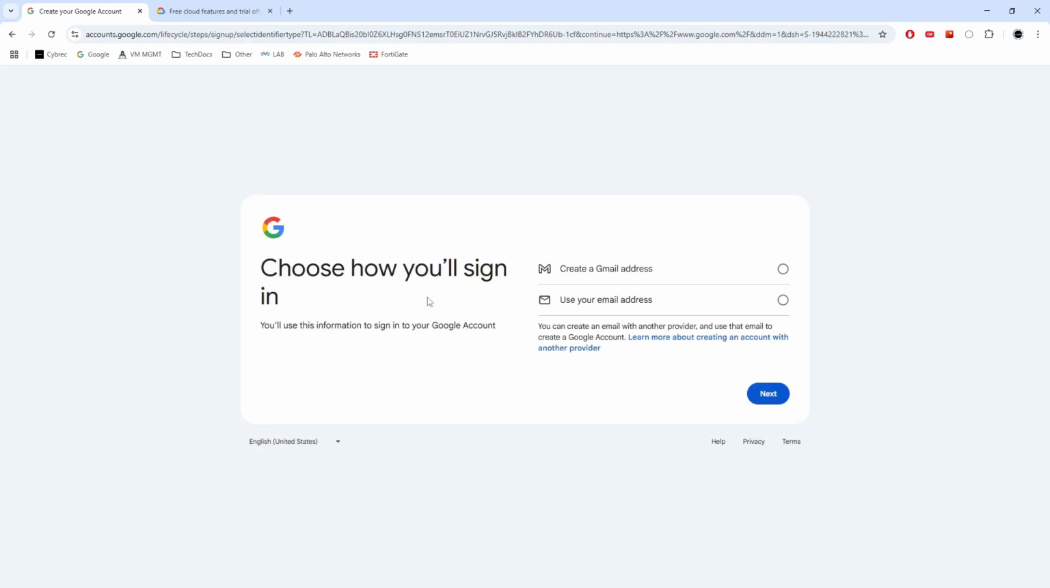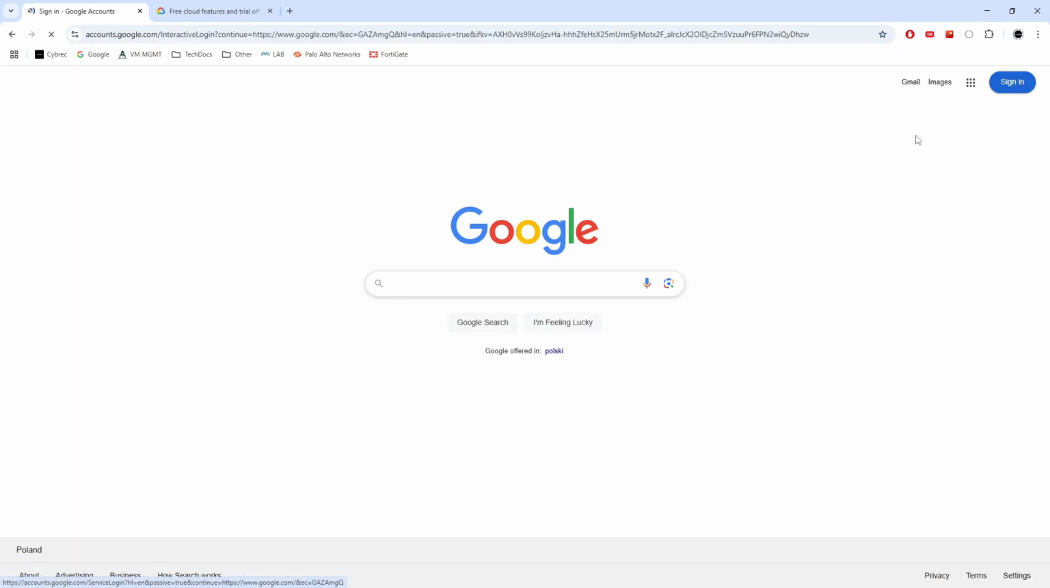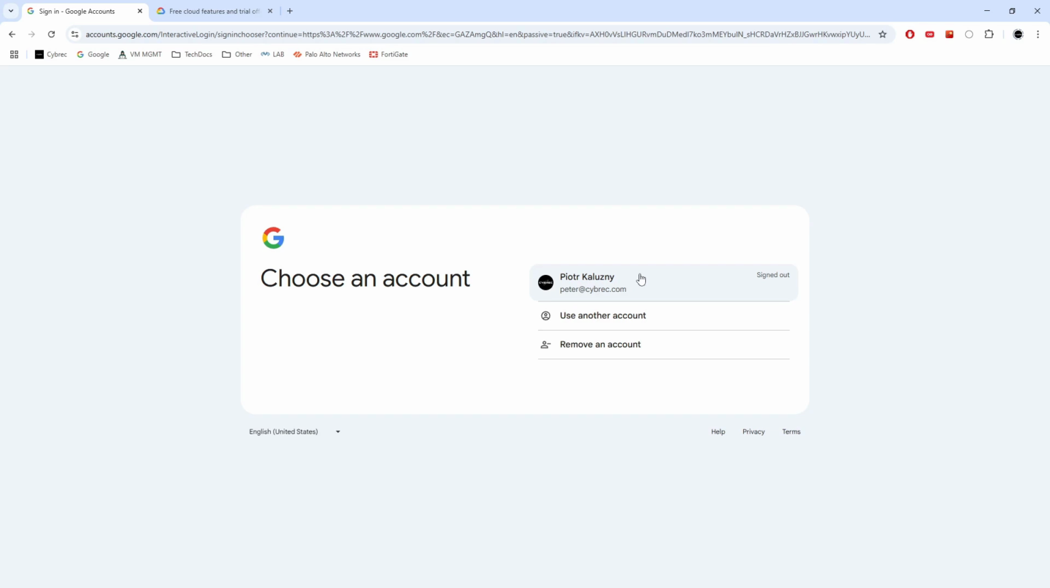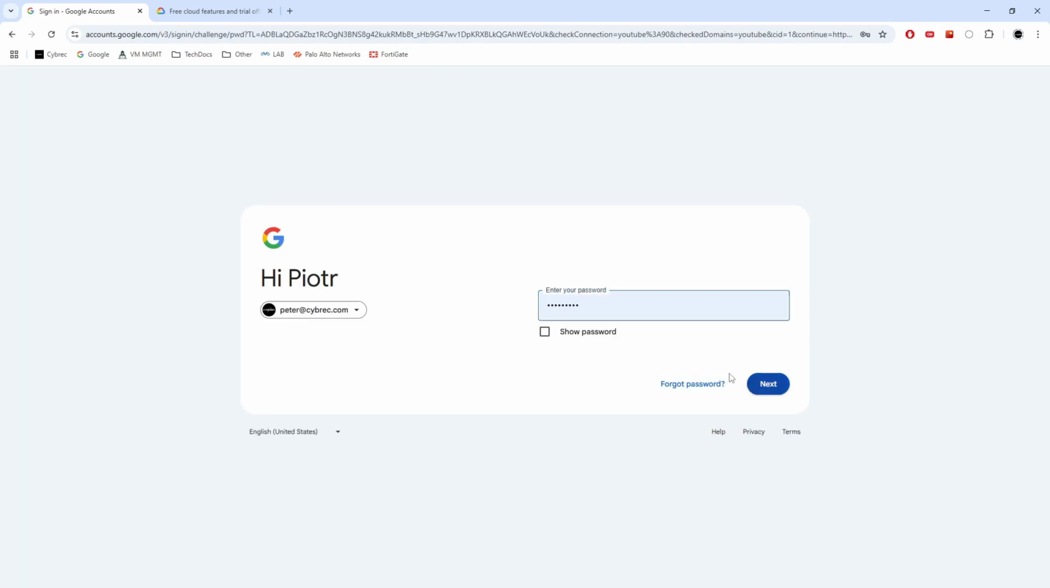And at some point, they will ask you to sign in using either a Gmail address or another domain email account. So it doesn't have to be Gmail. You could use a different account with a different domain. It's just an email that you need to specify so you could proceed with the registration. Now I'm going to use my Google account because I already have one. So I'm going to first and foremost sign in to my Google account,